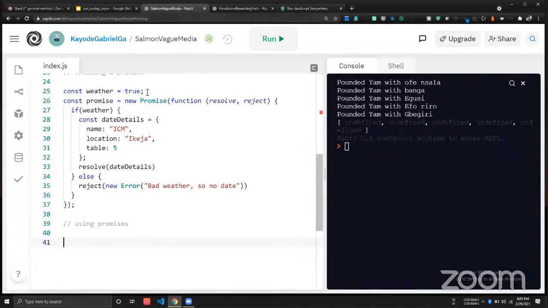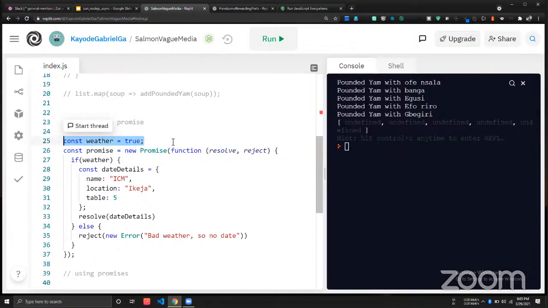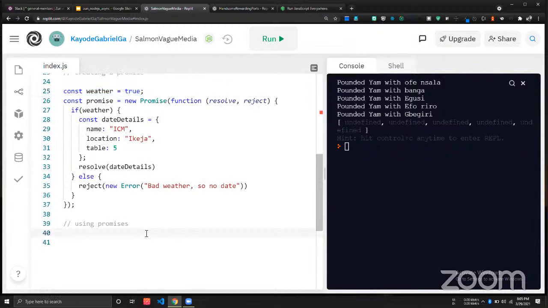So remember that our weather is true. That's the initial condition. So we can say something like promise dot then. So if you check, like I said, you can change your promises. I think I mentioned in the slide. So you can change your promises. So this is the initial state, the promise. Then this then will give us the